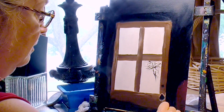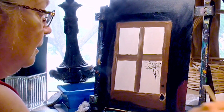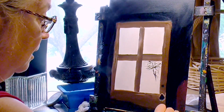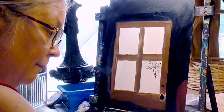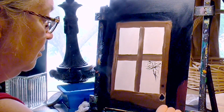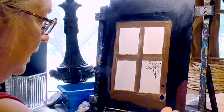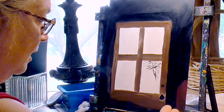It's a new experiment we're trying here with painting and telling a story. First time ever in my life I attempted to do something like this, and let me tell you folks, it's not easy to do for a novice painter and somebody who gets stage fright. Actually, I'm not very good when it comes to performance art. I have a lot of anxiety, but I'm trying my best here